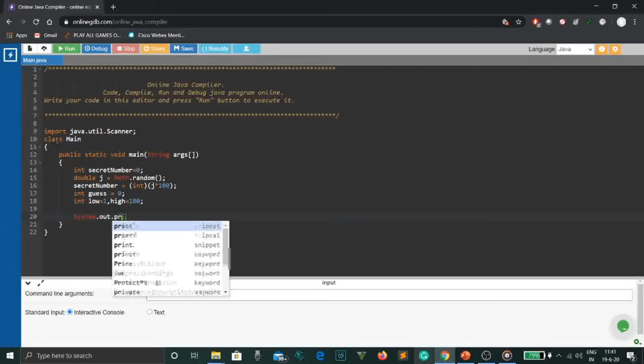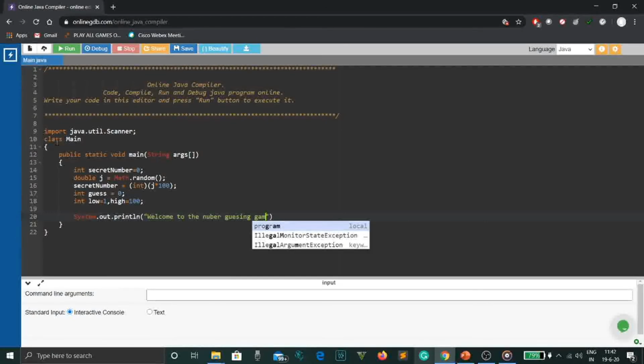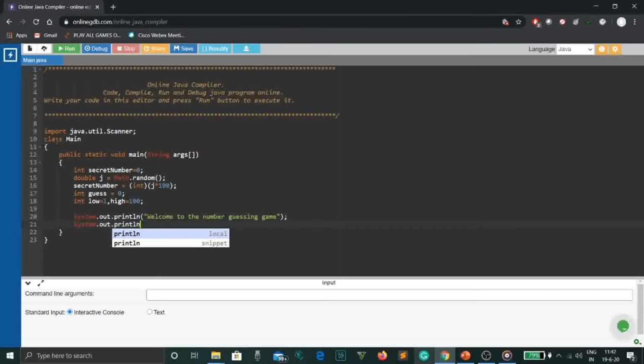System.out.println, we can always beautify our code. So I'm writing welcome to the number guessing game. You can write anything. You can write welcome to my game, welcome to Isha Chouhan's game. You can always beautify your code. Then we again write System.out.println, guess the number between 1 to 100. We know that the range is 1 to 100. Now we again write the print statement and we tell the user that you have 5 turns. We print that. It's always fun to make it more challenging. So you can always have 3 turns or 2 turns depending on whatever you like. We have taken 5 turns.